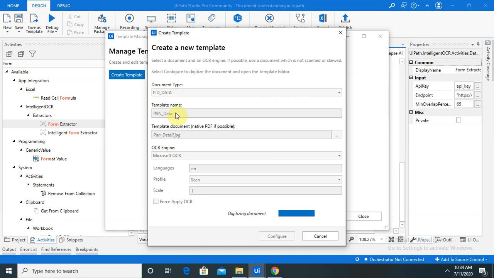Wait for completion. It will definitely take some time because it is creating a template for you, and you can use this template in any project in future as well.